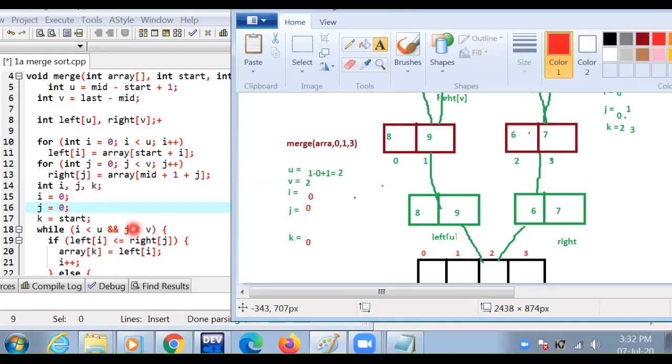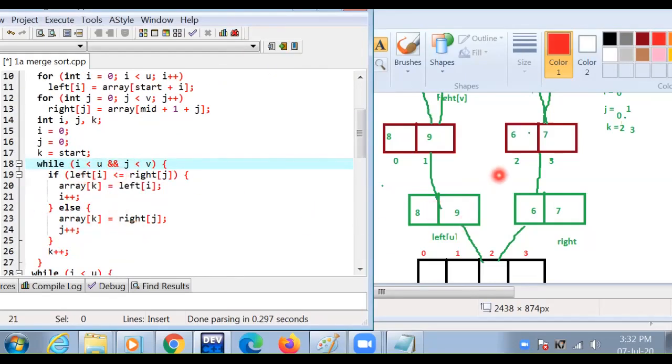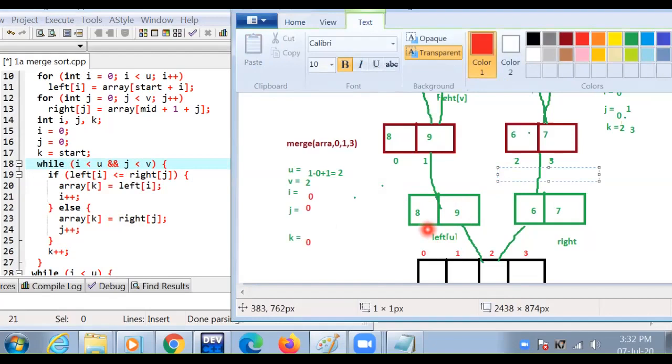Then I less than u, I value is 0 and u value is 2, condition is true. And j value less than b, condition is true. J value is 0 and b value is 2. Left I, this is left I and this is right j. Left I value is 0 and right j value is 0. This condition is false.